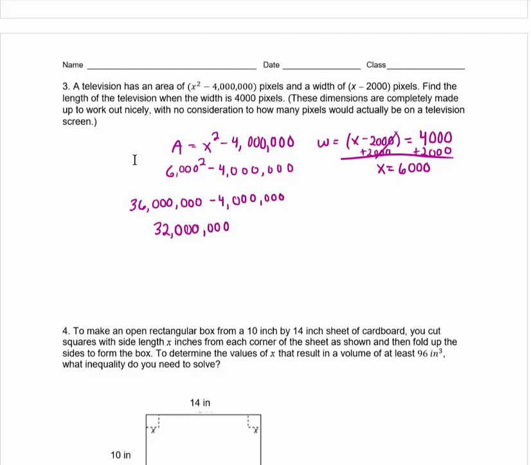And so then our area is 32 million pixels. Our width is 4,000 pixels. So we're dividing these to get our length, which is